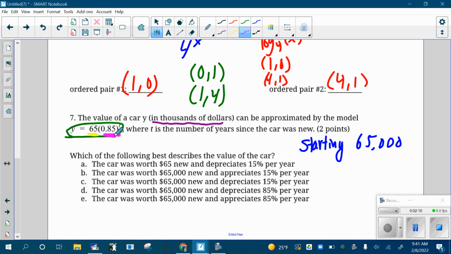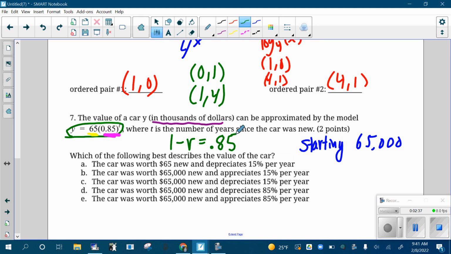Cars don't get more valuable. They get less valuable because they get old and nobody wants them anymore. What I have to think about, though, is what percentage is this car decaying, depreciating? Okay? It's not depreciating 85%. The 0.85 is gotten by doing 1 minus whatever percent it's going down. So if you want to think about it like this, like a little equation,